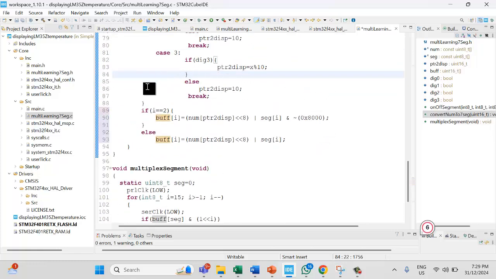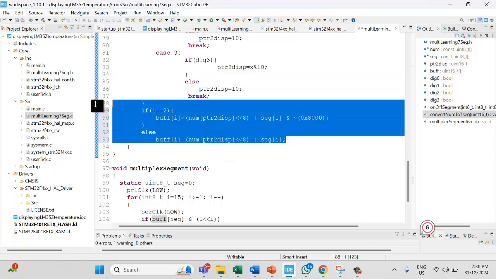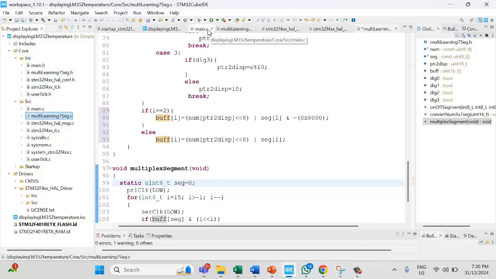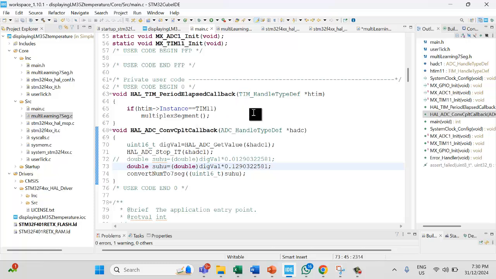So please remember the changes here, the first change that I did. Then you can go to the main. The code is very simple. And then convert number to 7 segment. That's all. So what we're doing here,